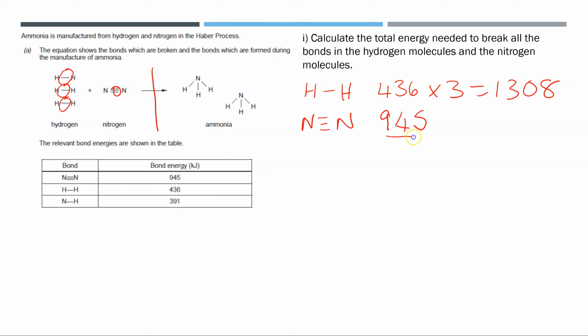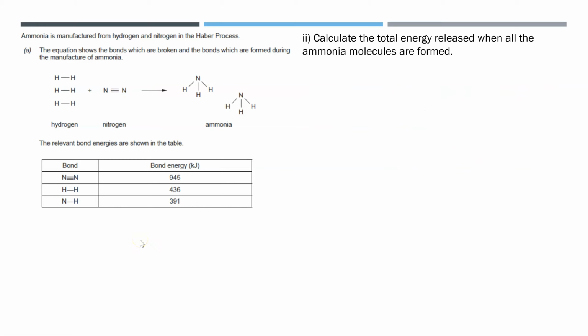So you add this number and this number together and that gives you a total of 2253 kilojoules of energy. I'm just going to make a note of that over here because I haven't got enough space to keep it all on the screen. So part 1, our answer was 2253